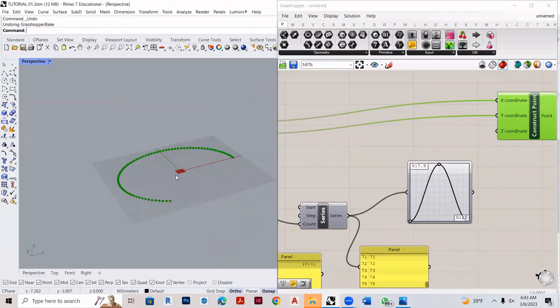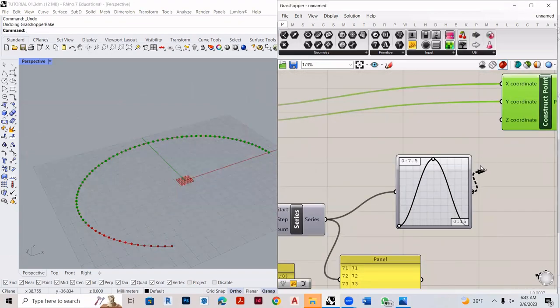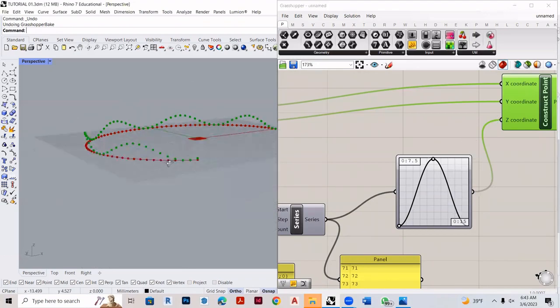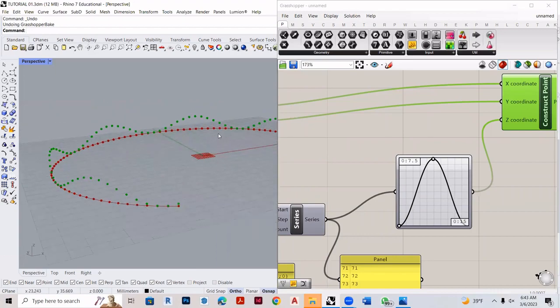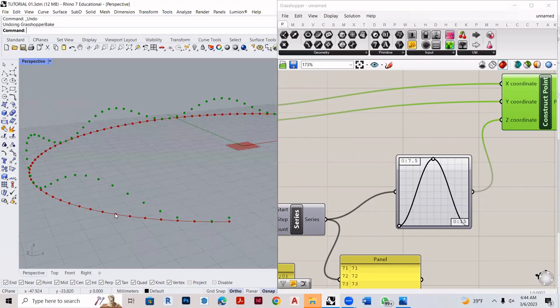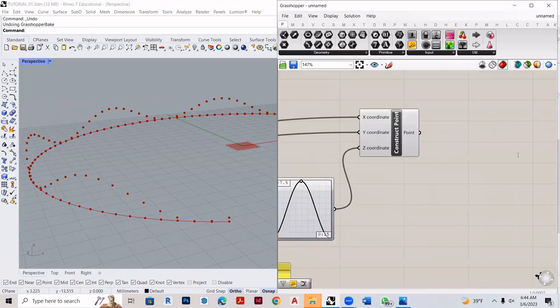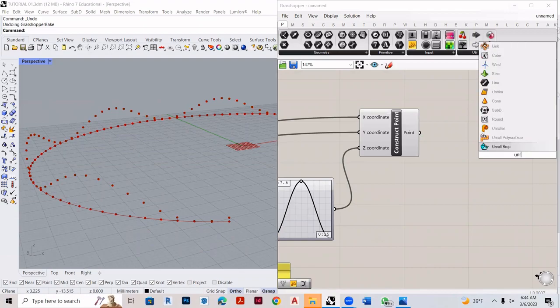I see no change again. It's because this output is not connected to any of the components right now. Once I connect it to the X coordinate, I would be seeing a result something like this. Now, since these are individual points with no curves in the X coordinate, I would be using the component called